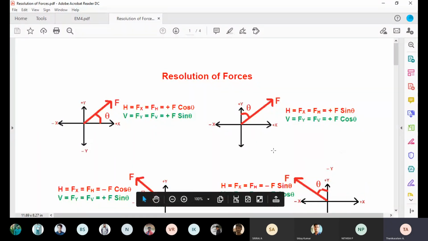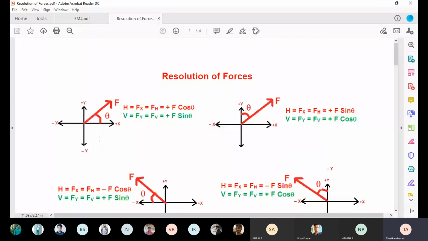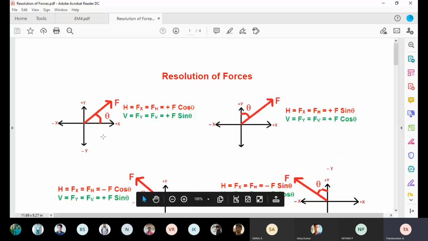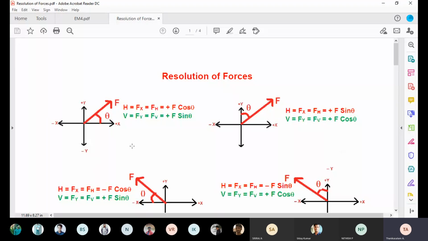Once again repeating because it's important for the subject, for the first 2 units. We have already studied 4 quadrants: first quadrant, second quadrant, third quadrant, fourth quadrant. The first quadrant means x plus, y plus. Second quadrant means x minus, y plus. Third quadrant means minus x, minus y. Fourth quadrant means x plus, minus y. Students, you first understand in which quadrant the force is lying, then identify the signs, whether plus x or minus y, plus y, or minus x.